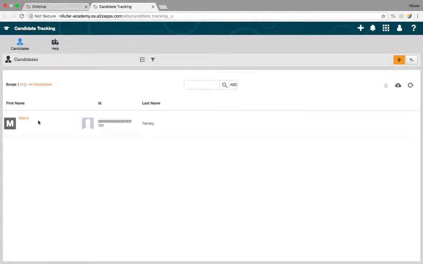So friends, you have seen that I filled in the date of birth field as well, but over here I cannot see it. I can see only first name, I can see ID, which I'm not understanding and it's not relevant to me, and I can see the last name. So friends, over here, like I said, you can define your own view. You can define the number of columns that you want to see over here, just like an Excel sheet. In an Excel sheet, what happens? You can see there are a lot of columns, right? So in this particular view, I can define what all columns I want to see. So let's quickly go ahead and see how we can change the view.